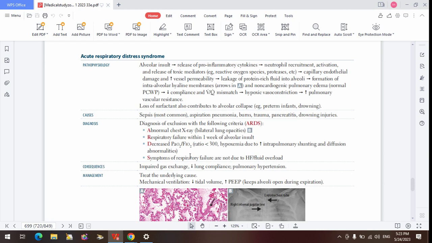So that means that we are saying that the PiO2 is also going to be the same thing, right, Dr. Zulia? Yes. In ARDS, the FiO2 is going to be the same, the PiO2 is going to be the same. The big PAO2, that is the partial pressure of oxygen within the alveoli, is also going to be the same. The problem is getting that air within that alveoli to the arteries, to get it into the pulmonary capillary.